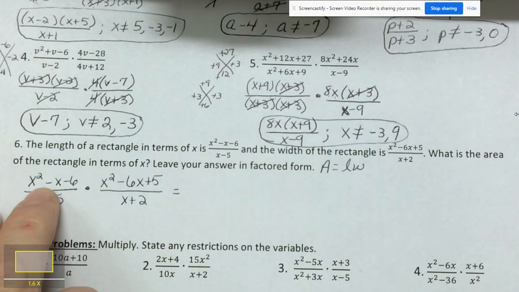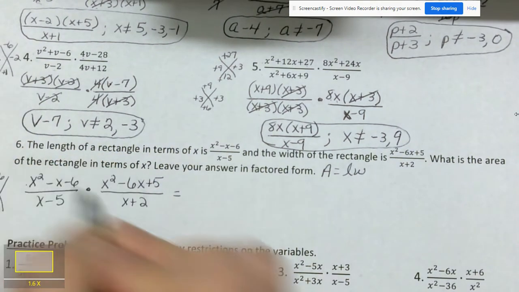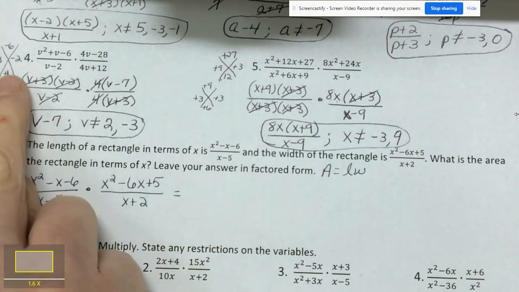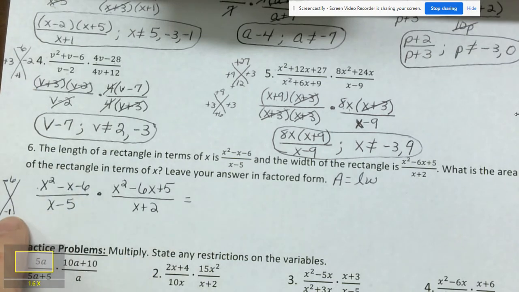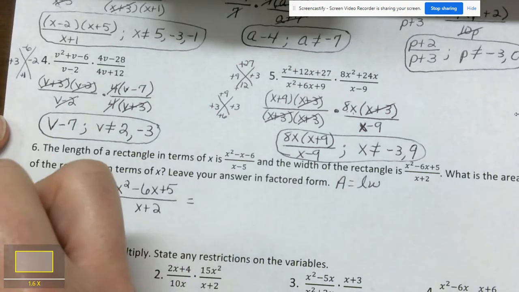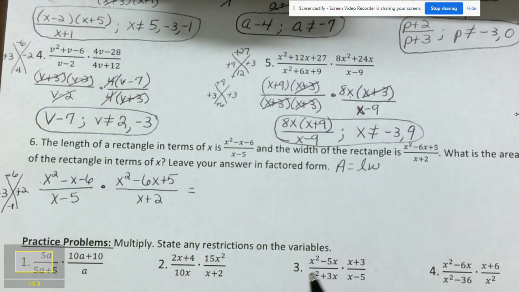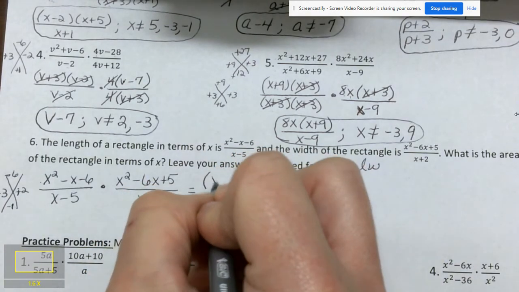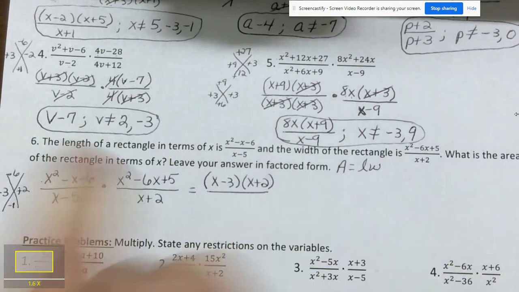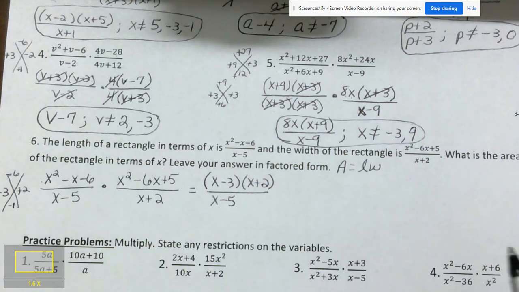So if I factor this top one here, x squared minus x minus 6, 1 times negative 6 is negative 6, and I need to get a negative 1 in the middle. That's very similar to this one we did up here, but this time instead of a positive 1, I want a negative 1. So I'm going to just flip my signs here. It's going to be a negative 3 and a positive 2. So you'll notice after you do a few of these that they start repeating themselves. So x minus 3, x plus 2, over this x minus 5, that won't factor anymore. So we're going to leave that x minus 5,